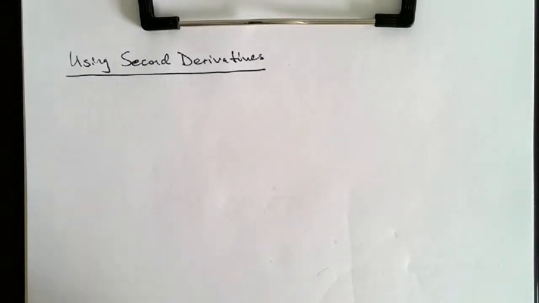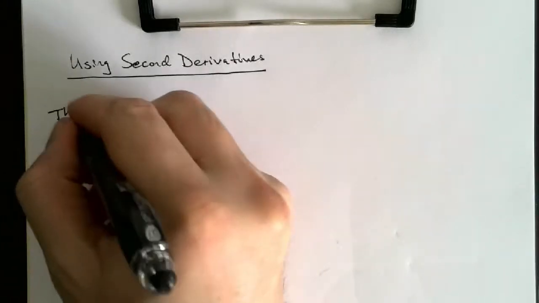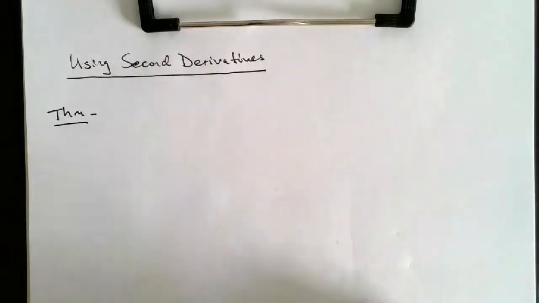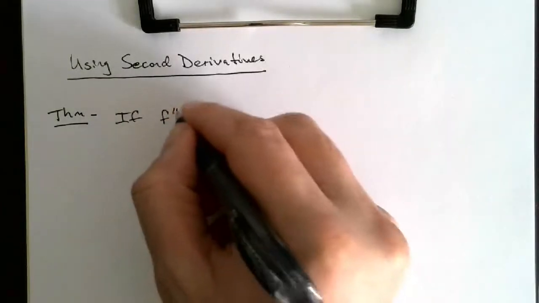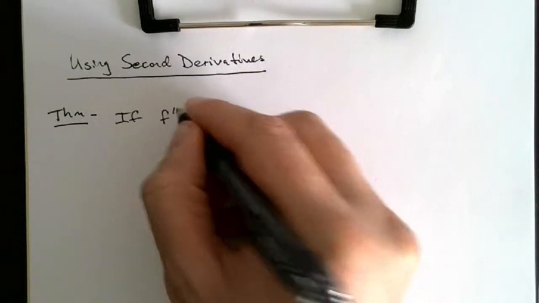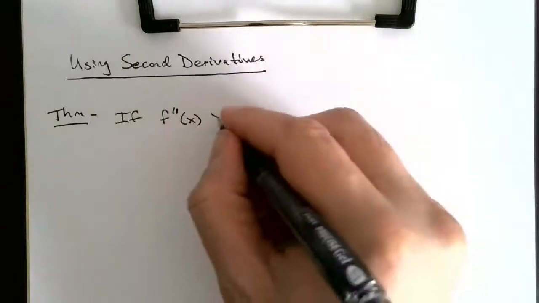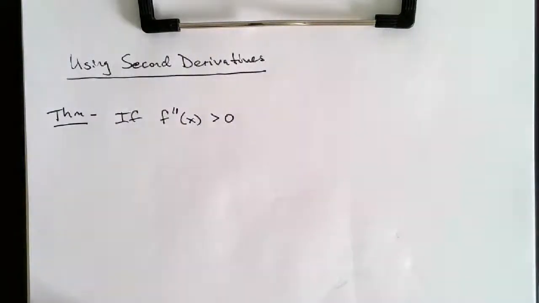This video is on using second derivatives. To start, let's talk about a theorem that gives us information about how the second derivative affects the graph of the function. So if f double prime of x, the second derivative, is greater than 0. So if it is positive,